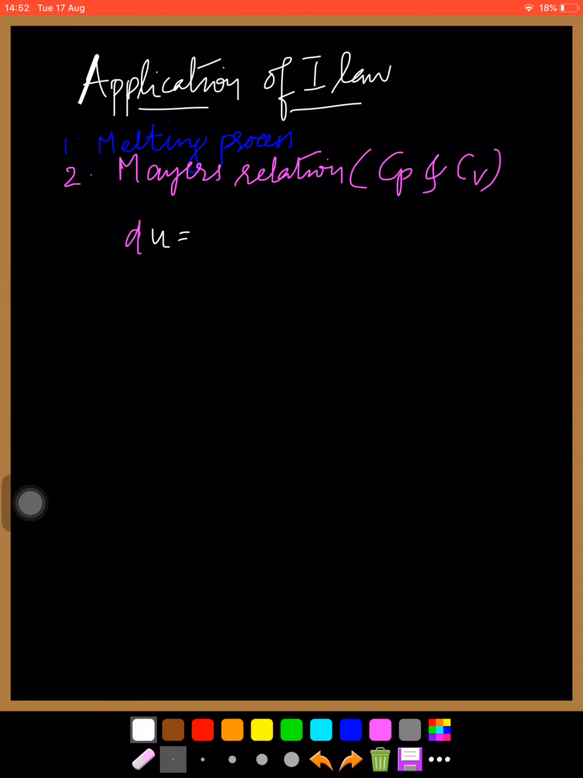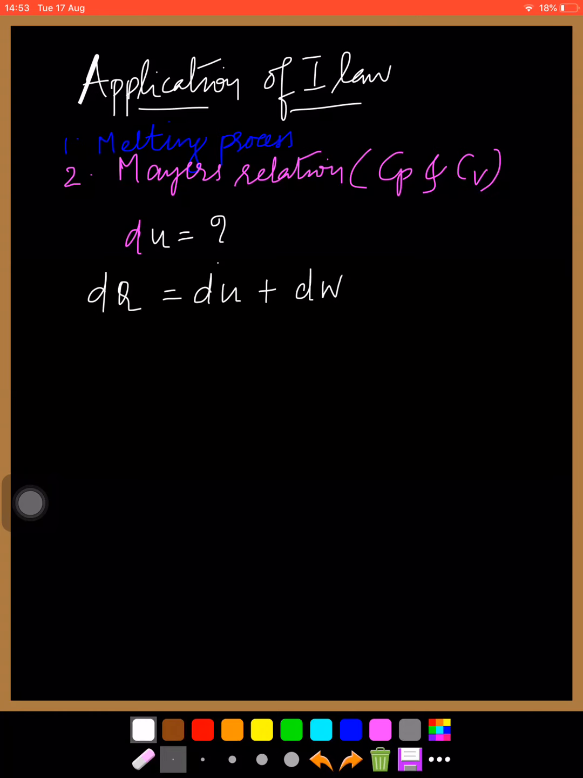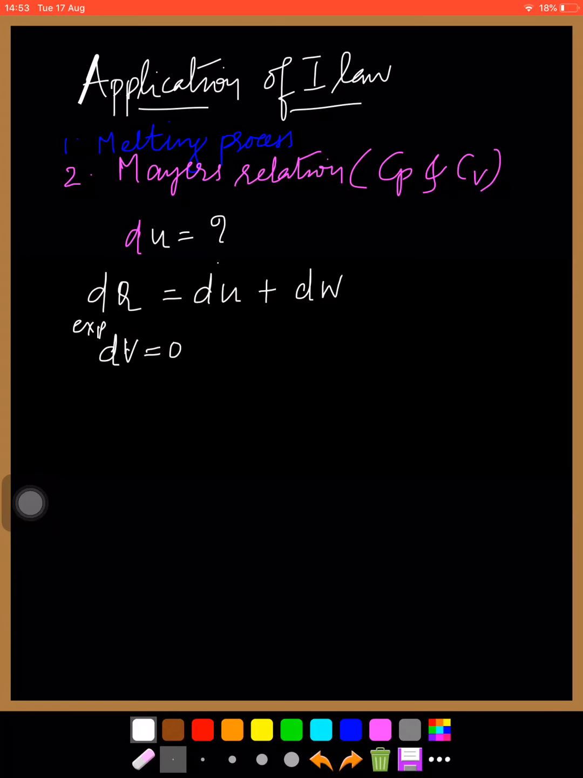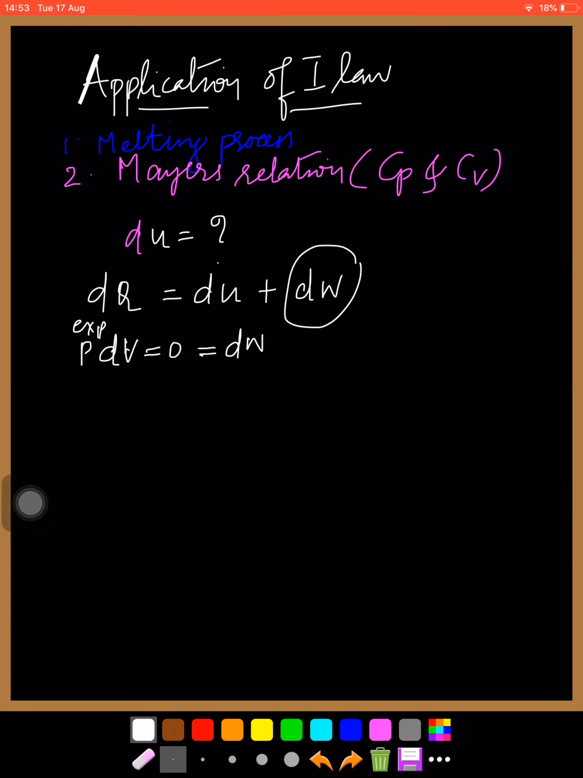For a melting process, we need to calculate dU, the internal energy change, and from first law, the quantity of heat supplied is change in internal energy plus work done. If the expansion is very small, that means change in volume dV is 0. When expansion is very small, that means P dV is 0, and that means dW is 0. This term is 0, and the quantity of heat supplied